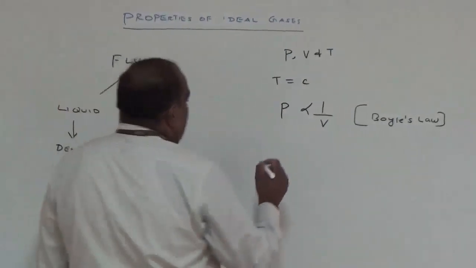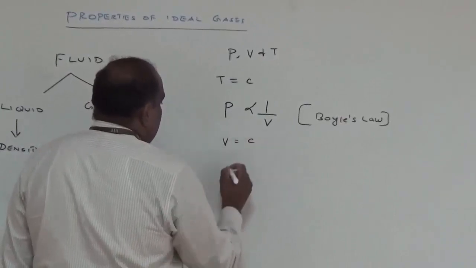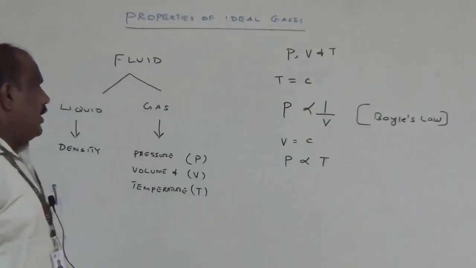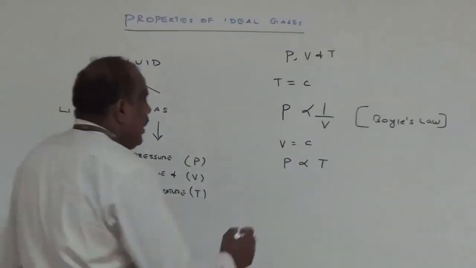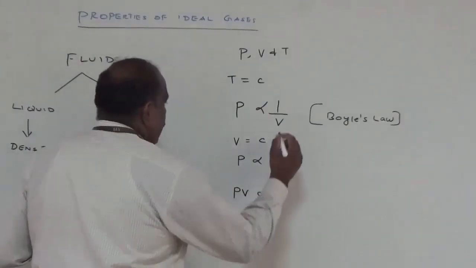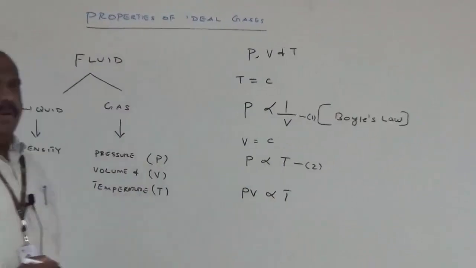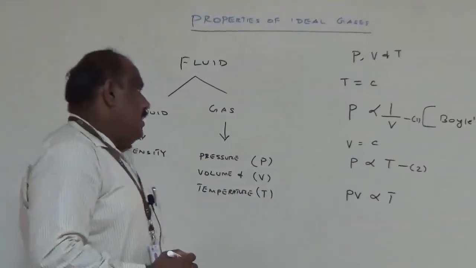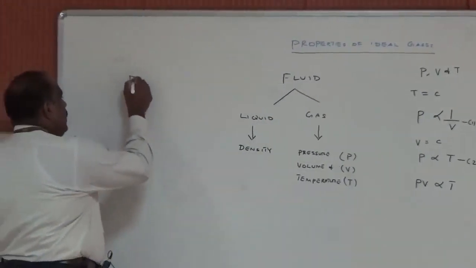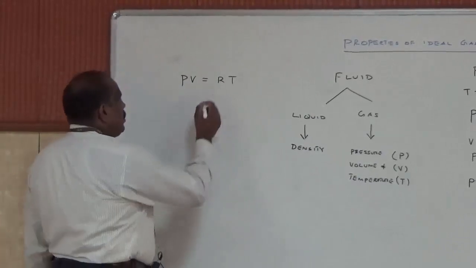Similarly, at a constant volume, the pressure will be directly proportional to the temperature. So we are going to combine these two laws. Then I will end up with PV is directly proportional to T. If you want to remove this proportionality, I have to introduce a constant. So it will be equal to R into T, where this R is called the